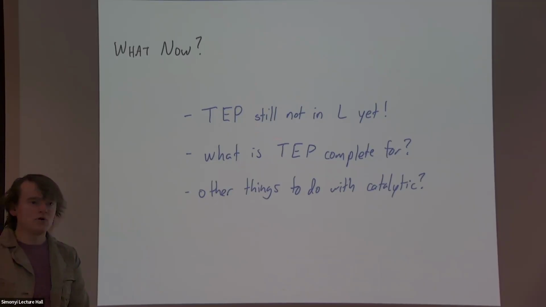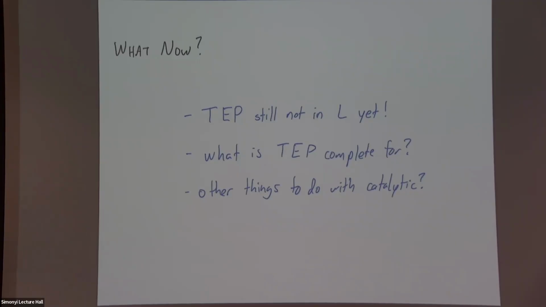Catalytic is really cool. And these techniques are, I think, counterintuitive, but quite beautiful and interesting. It'd be nice to find other things to do with it. Right now, we're just focusing on space upper bounds, either in the catalytic model or in the classic model. But these techniques have a little bit of reach. You see these same sorts of XOR bit tricks and stuff like the network coding conjecture and whatnot. And it'd be good to bring the tools that we have to bear on other questions outside of just classic